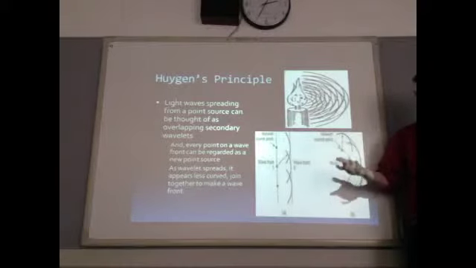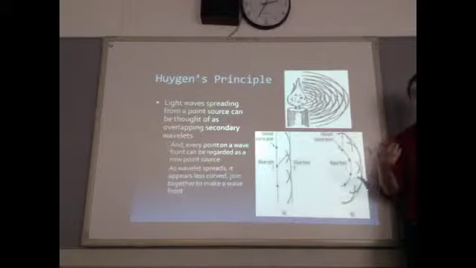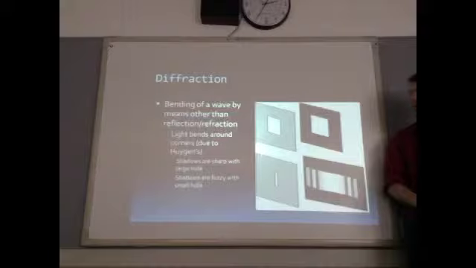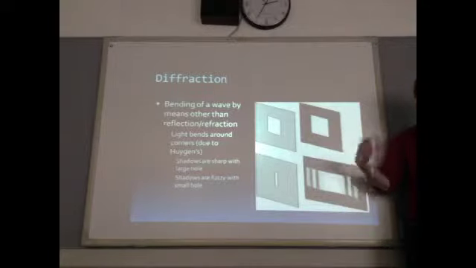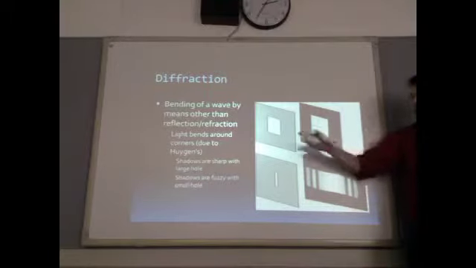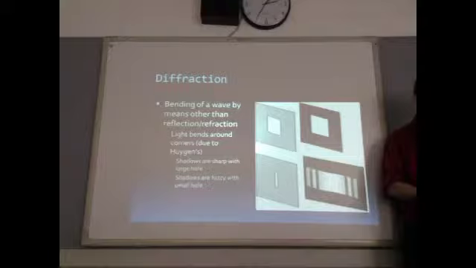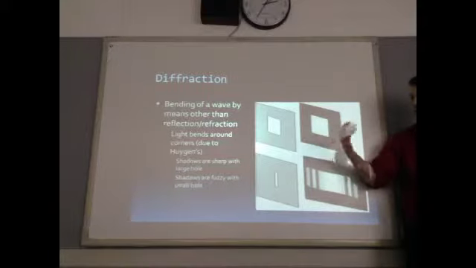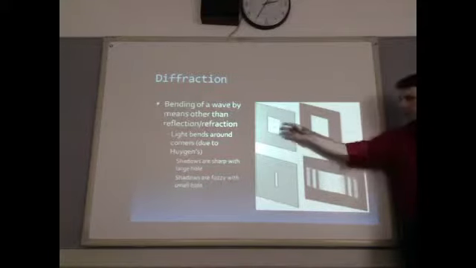This is a pretty tricky concept, but it helps explain the next step that we really need to understand, which was diffraction. Diffraction is the bending of any wave by means other than by reflection or refraction. So anytime a wave bends, not by reflection or refraction, we call it diffraction. And we can see it best when light goes through holes. When light bends around corners, like when it goes through these holes,